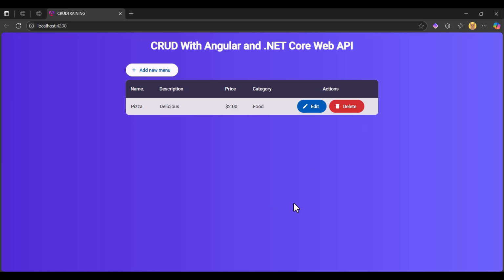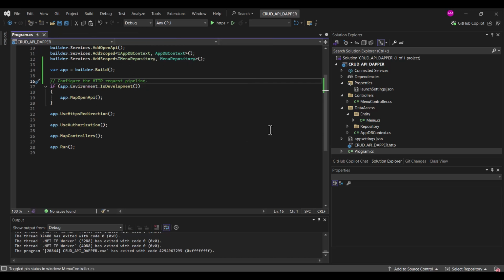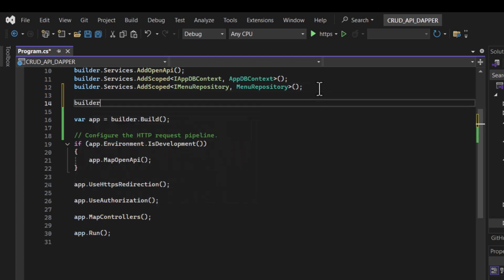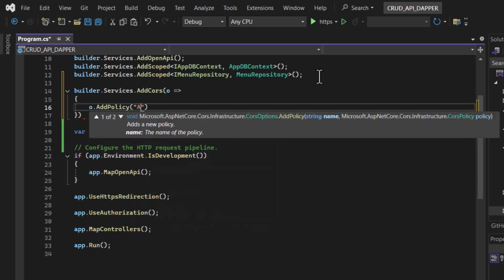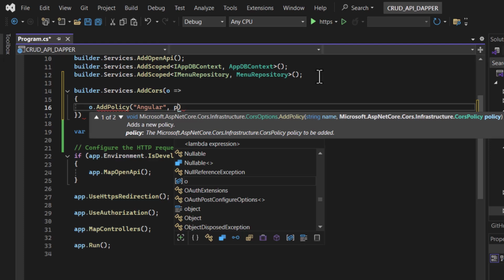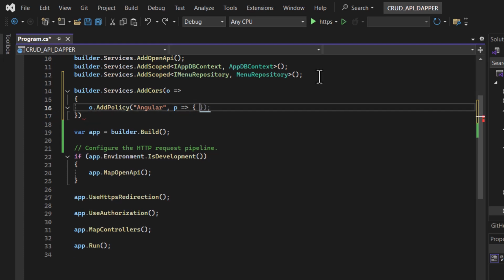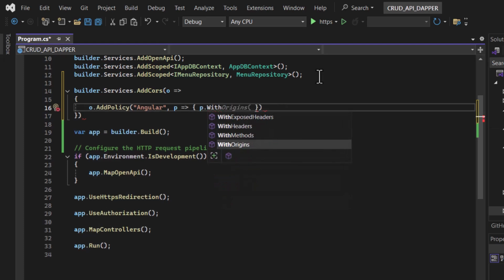First, there's a setup we need to have in our web API, so you can open your web API project, and here you need to go to the Program.cs. We add the CORS, builder.Services.AddCors, options, add policy, in this case Angular, and then there is a policy we can set up here, with origins. So here we are going to set that this Angular application we are going to build will be able